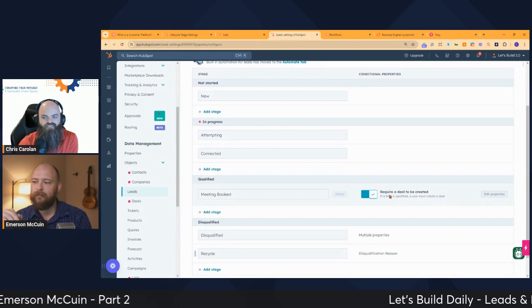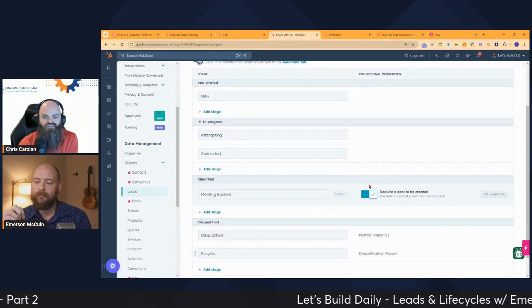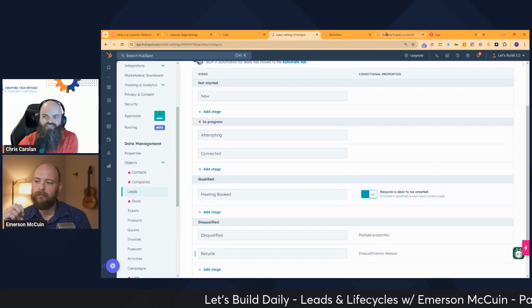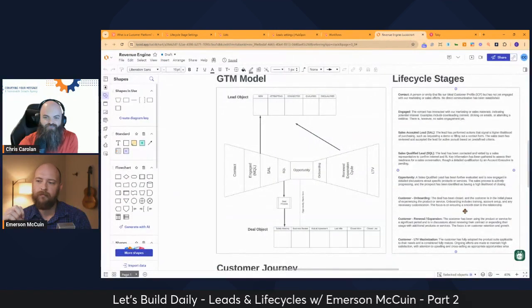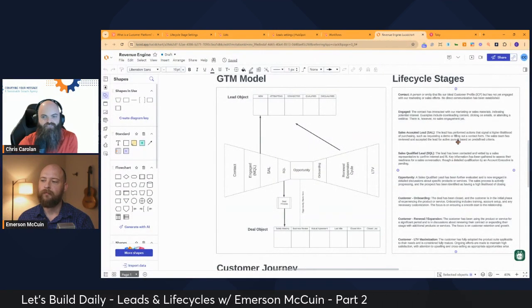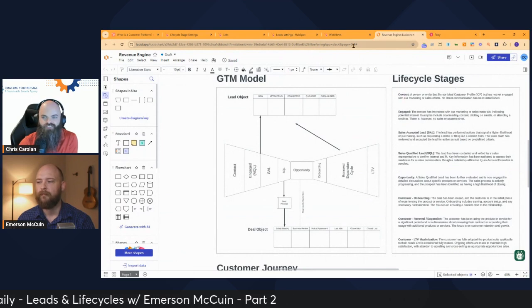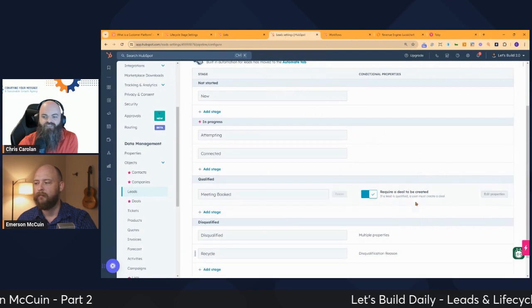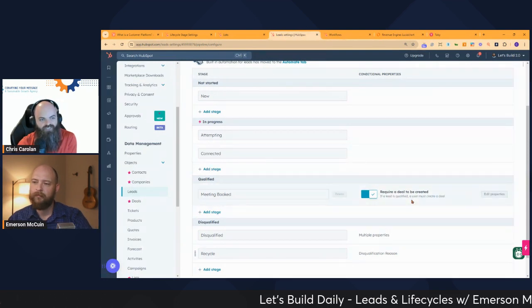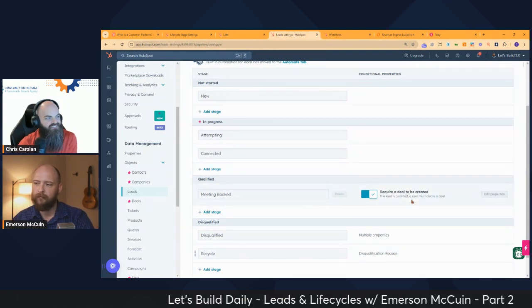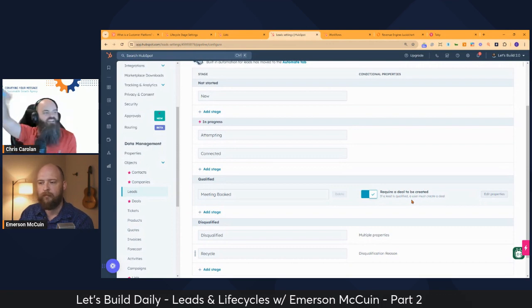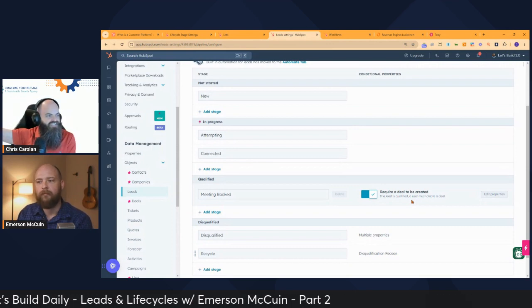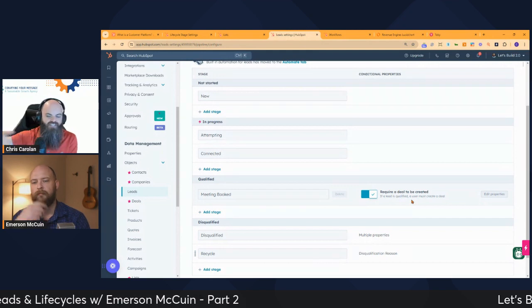And this is where education up front comes in, like the what and the why behind what I'm asking you as a salesperson to do. In a lot of situations, most salespeople, if they're responsible for their deals list, they're like, I don't want any other mechanisms creating deals. I need to do it every time.